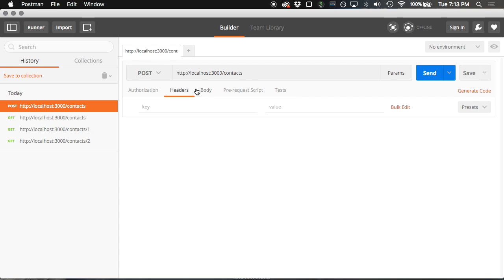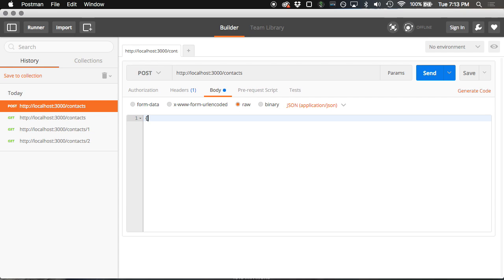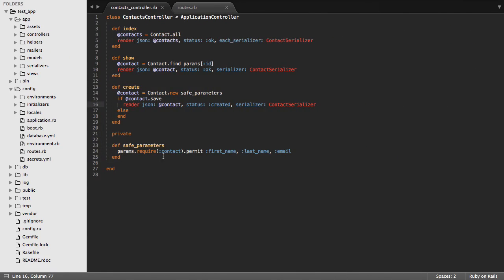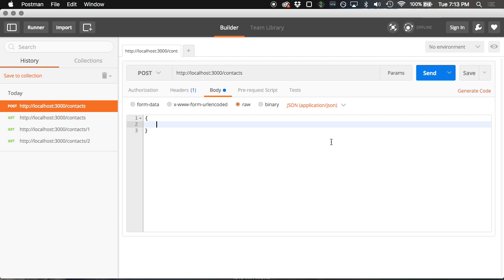All right. So we have many different things we can supply here, headers and whatnot. We're going to supply JSON. Okay. So inside my JSON over here, I said that I'm requiring a contact root, and I'm going to permit a first name, a last name, and an email. All right. So that means that my JSON has to be formatted this way. It has to have a contact root,